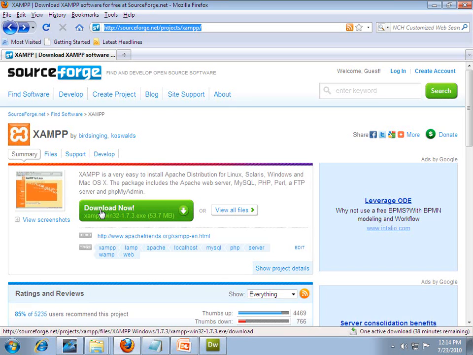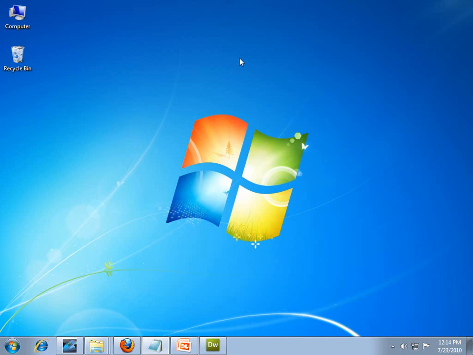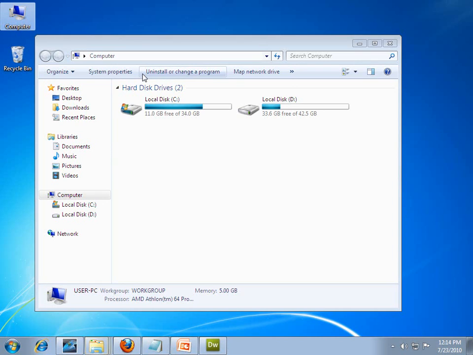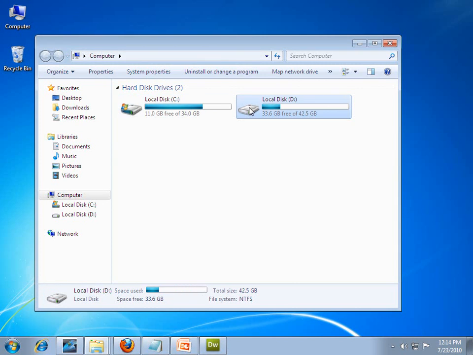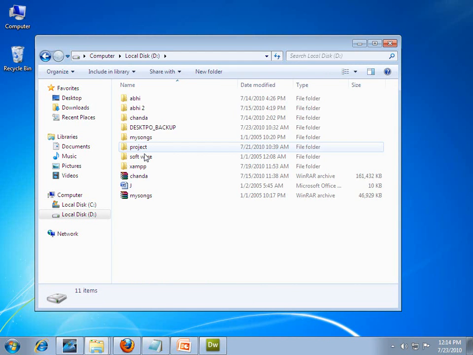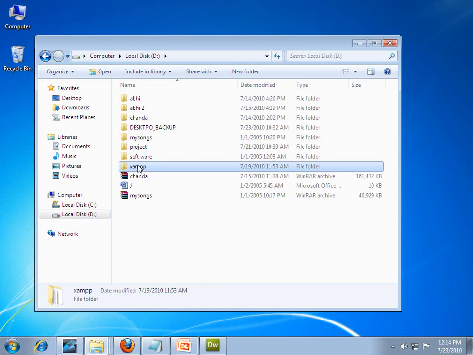You are allowed to save it in any drive, like the C drive or D drive. After successful installation of XAMPP, you can see the folder. Right now XAMPP is installed in my D drive, and this is my folder named XAMPP.